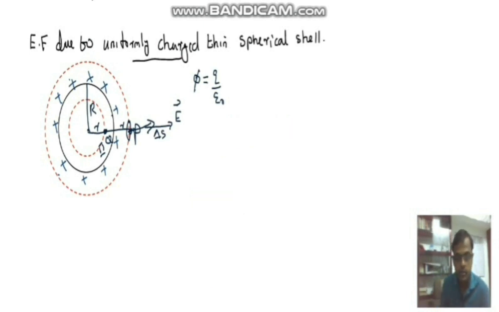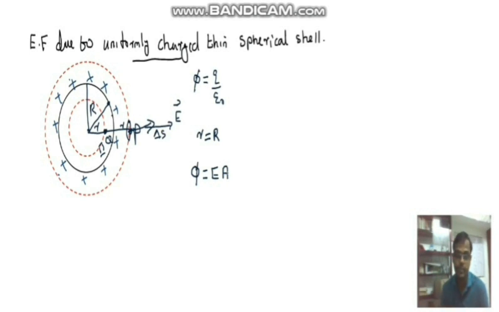Okay, now let's take the point exactly at the surface. From the center to this point, take it as small r. But here we have already taken radius equal to capital R for the charged spherical shell. So once again use the formula: flux phi is equal to Q by epsilon 0. At the same time, flux phi is equal to E into area. I'm not writing once again E dot delta S, we have already written that. Electric field and delta S are in the same direction, theta equals 0, so phi is equal to E times area.